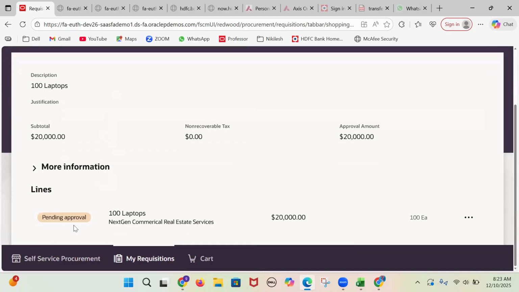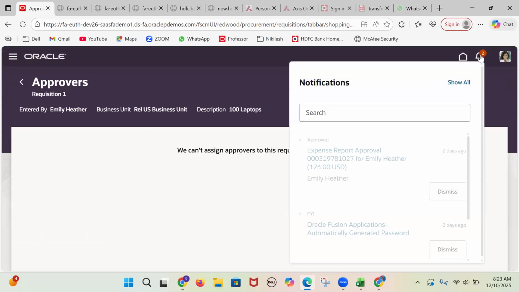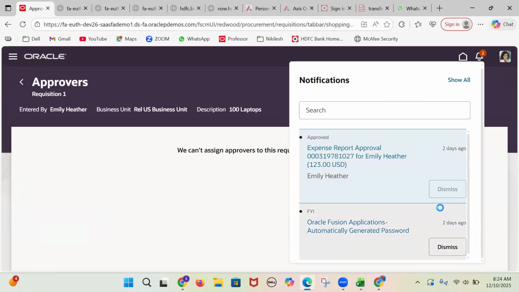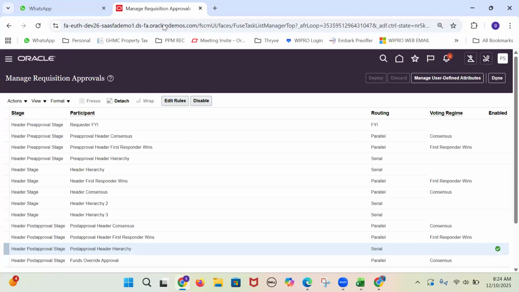Again pending approval. So I did the configuration to approve this requisition automatically by the system itself. Okay. View approvers. Let's wait for some time. You just keep this approval part aside. When I go to my login,